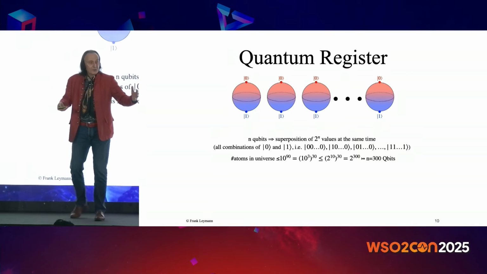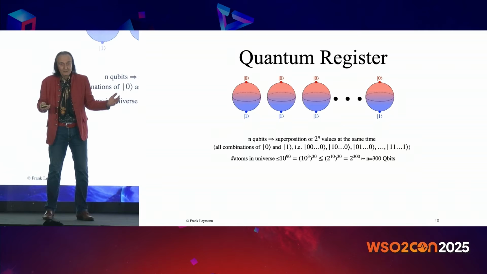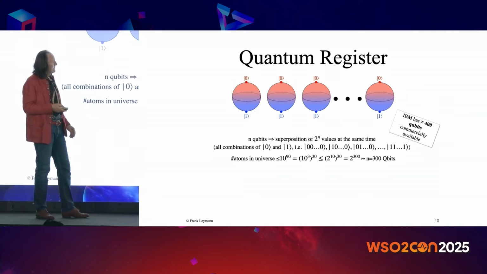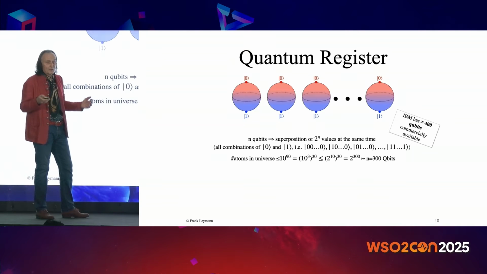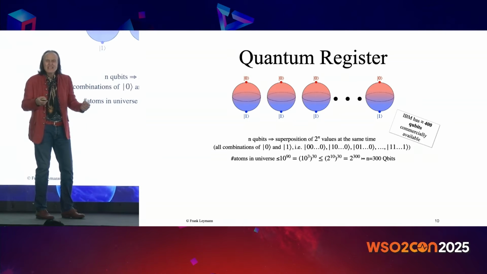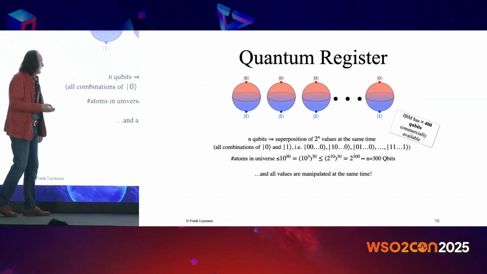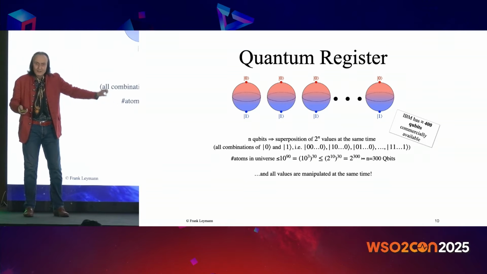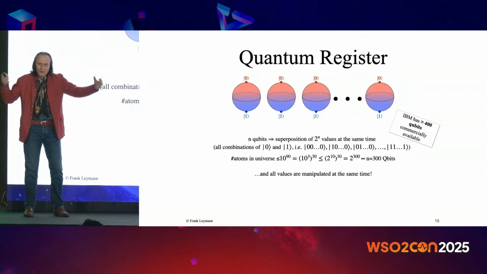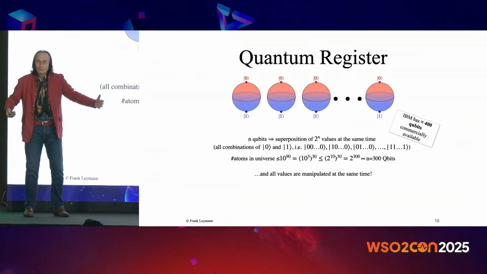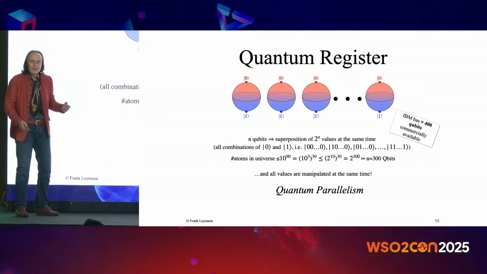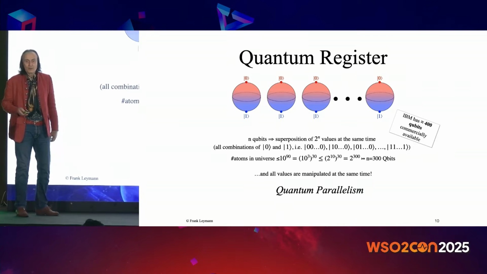And today, 300 qubits is okay. Right? Johanna and I are working with computers that have about 400. We use IBM's machines. We already have 400 qubits. So the information that you can manipulate is incredible. And all values are manipulated at the very same time. A single step manipulates all the information content of the universe and more. This is referred to as quantum parallelism. This is the first origin of the power of a quantum computer, this incredibly high degree of parallelism.